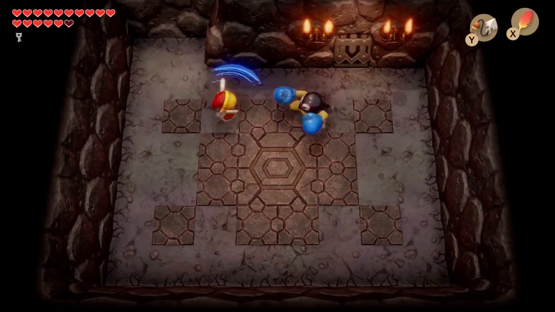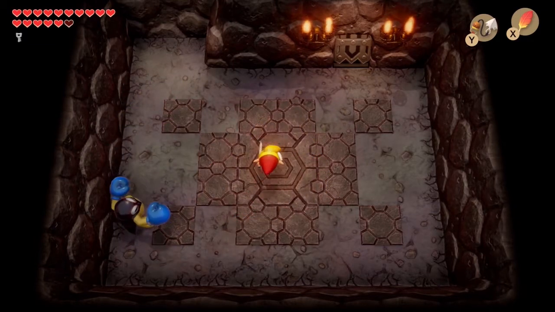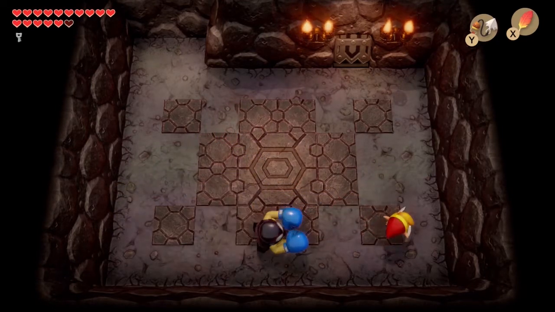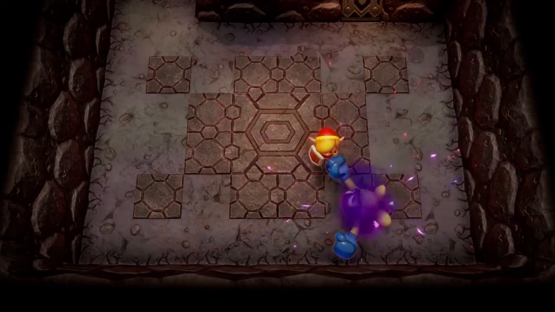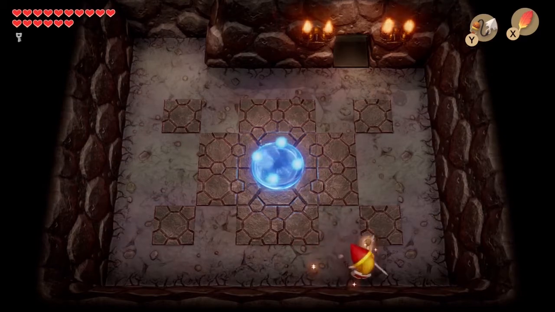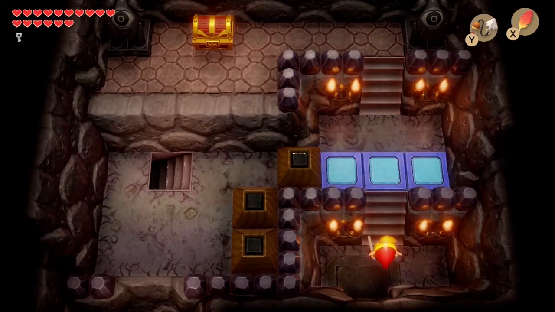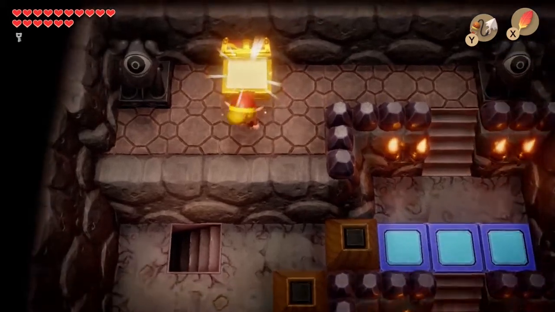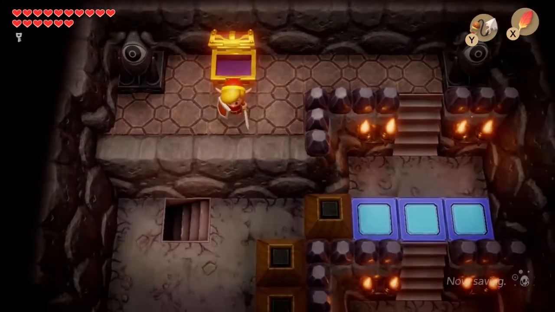It's time for our second mini-boss. Basically, he's going to launch at you, just wait till he goes past you, hit him in the back. Don't let that wind-up attack hit you. And... what a bitch. Basically, if the wind-up attack hits you, it will launch you through the ceiling, and you'll be sent back to the entrance of the dungeon. So yeah, it can be a little bit irritating if you're not aware of that fact and, you know, not good at dodging. And now we get our item for the dungeon, which is the magic rod,